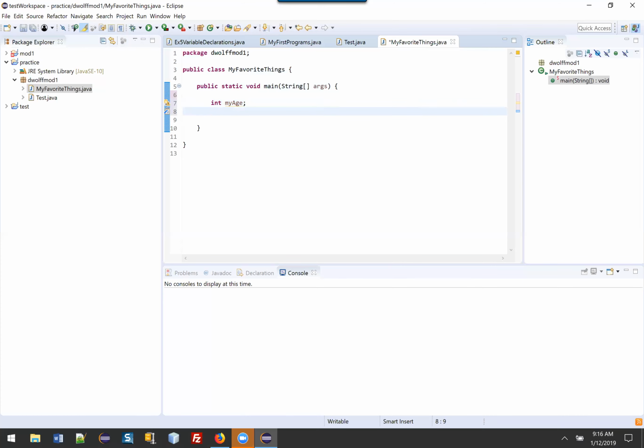Now, I just declared a variable, and I would like to assign a value to it. Notice everything ends in a semicolon. You'll get used to that. So this is a variable declaration. And this is a variable assignment. Now you can actually do both in one. So if you do int numbers